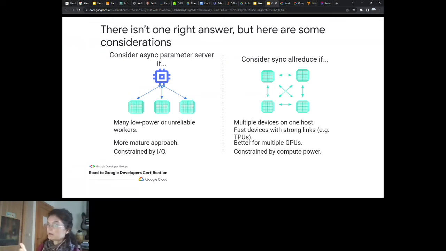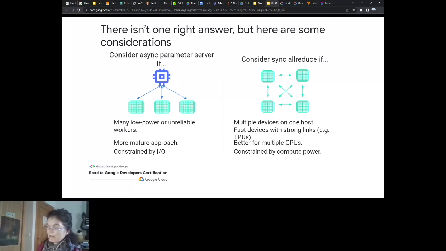especially when you only have CPUs, not GPUs or TPUs, very powerful computers. So that's a good option. And you have also, as it's saying here, not so powerful workers, but it's a mature approach, has been used for a while. On the contrary, if you have very powerful machines, or you have available GPUs or TPUs, the synchronization or reduce works better. And they need to have also strong connectivity, strong connection